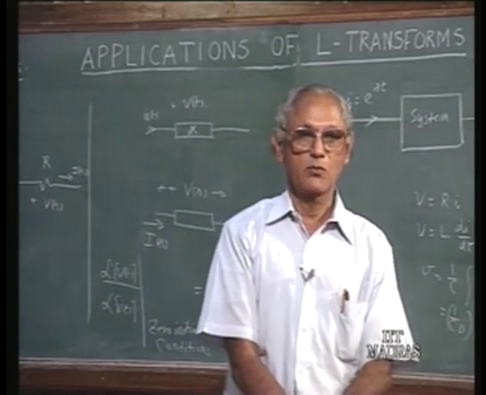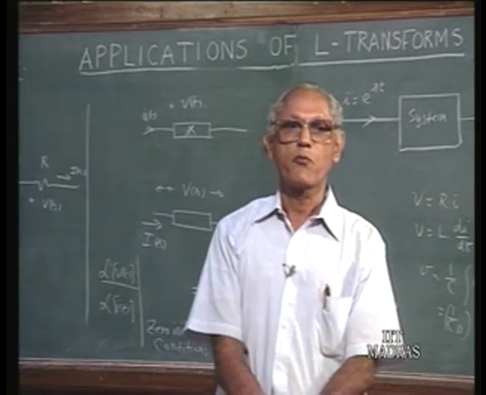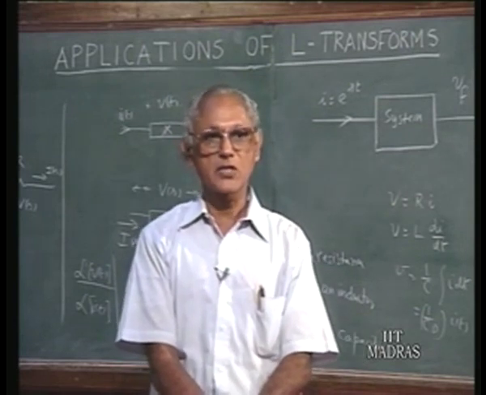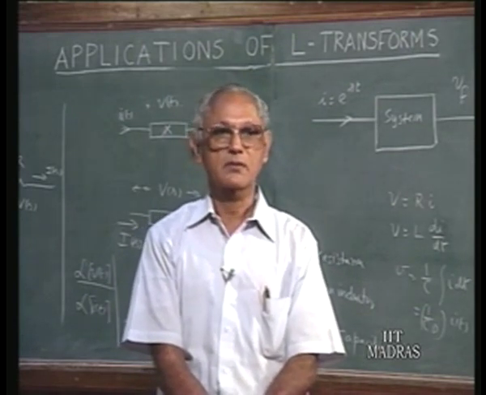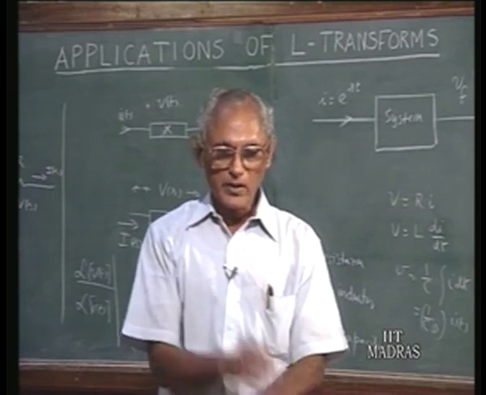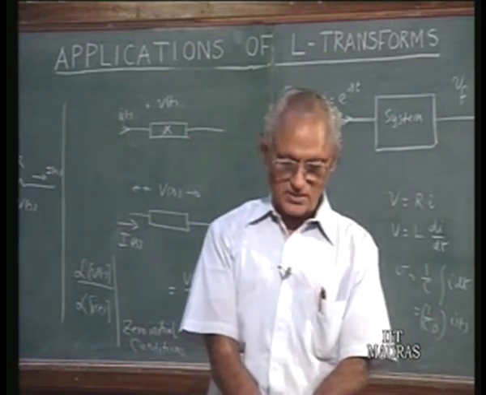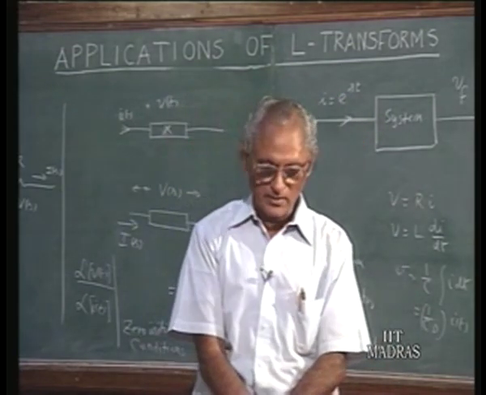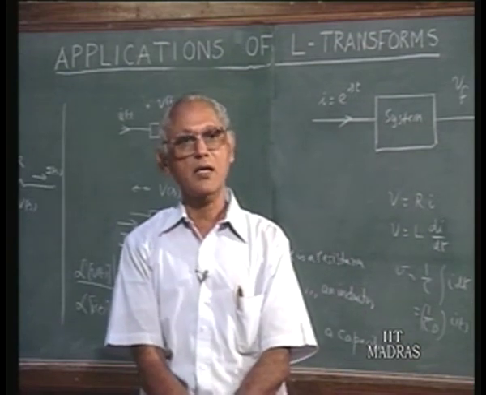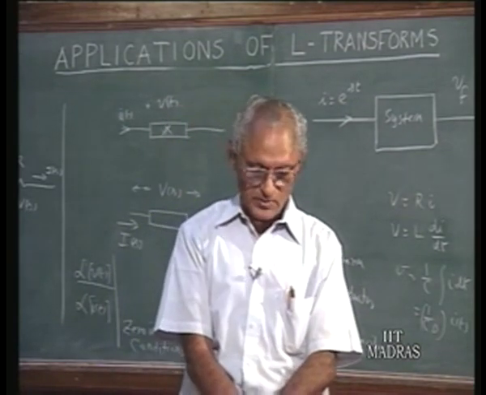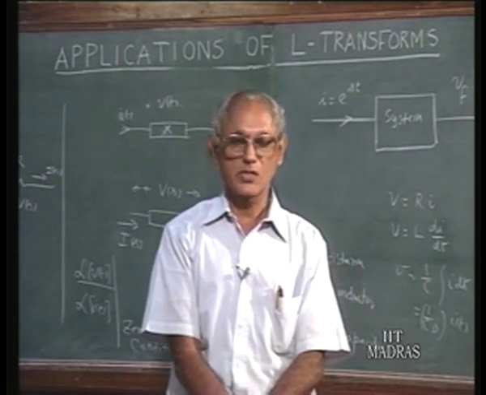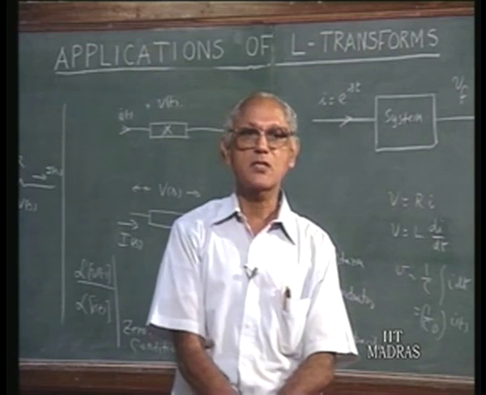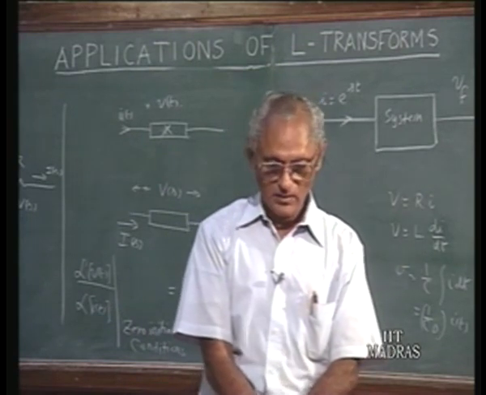A third point which is new here is whenever the inductors carry initial currents and whenever the capacitors carry initial charges or initial voltages equivalently, then we represent those initial conditions by equivalent sources in the transform diagram. So we can have a voltage source representing the initial current in an inductor, or a current source. Similarly, we can have a voltage source representing the capacitor voltage or a current source equivalently. So the only difference is that we have initial conditions represented by additional excitation sources. Otherwise,